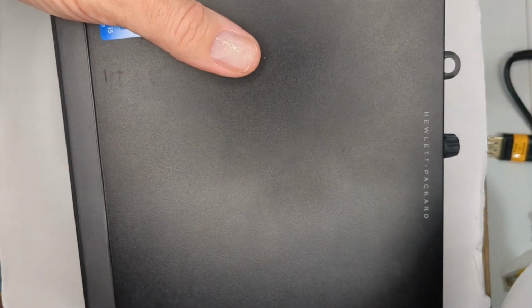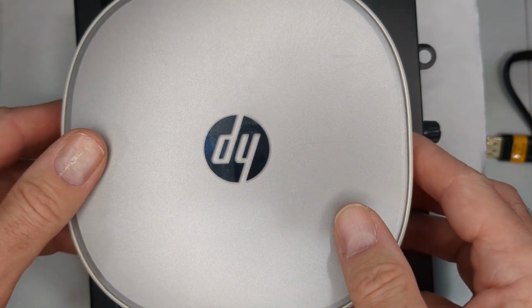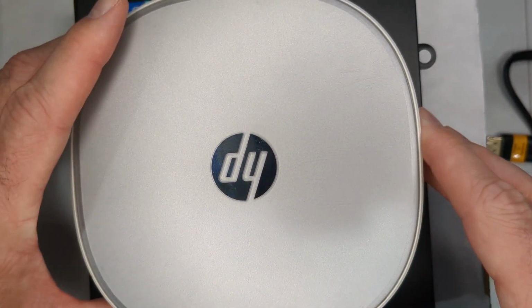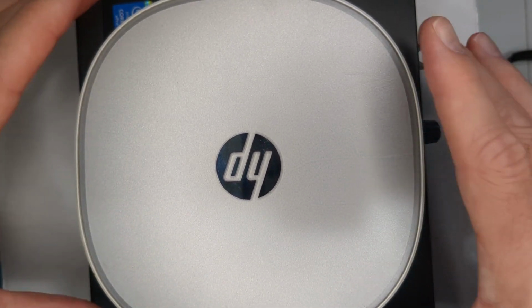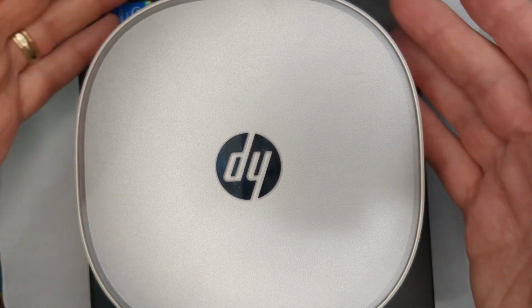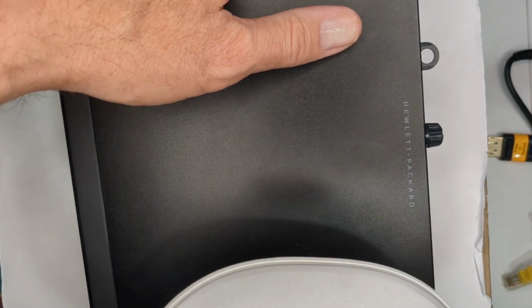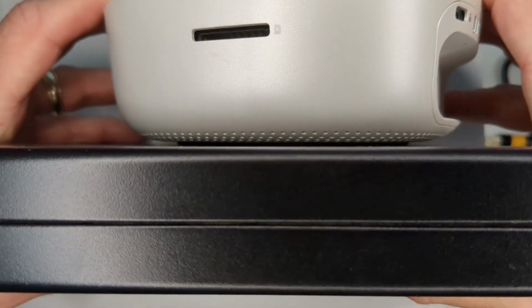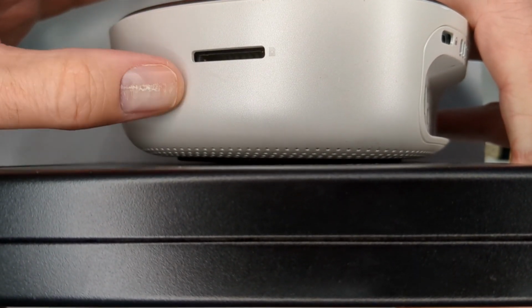You might be wondering how it compares in size. So here is a G1, and here's this HP Pavilion Mini. I mean, obviously it's a little smaller this way. Height-wise, let's see the best way to put these next to each other here. You kind of see, this guy is a little thicker